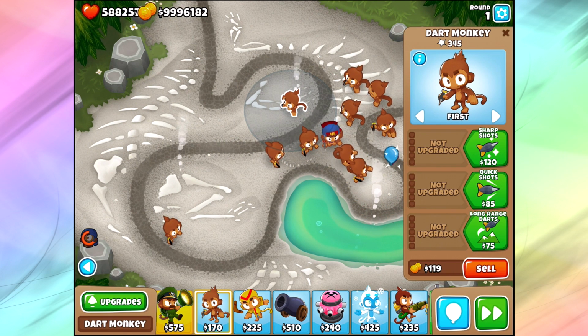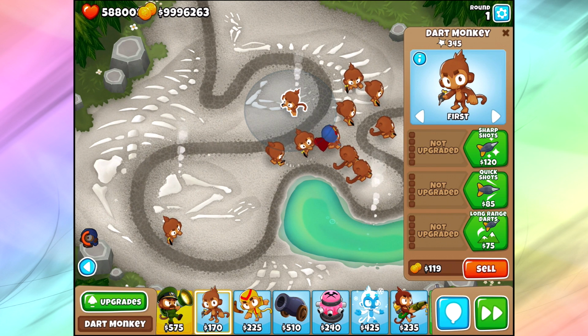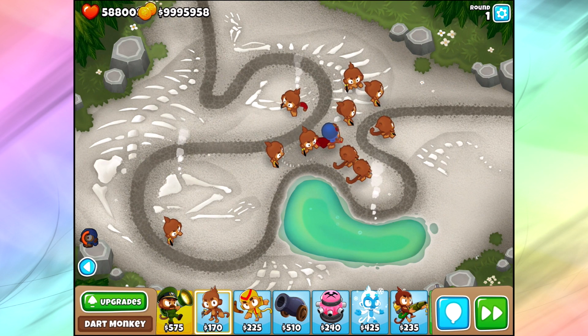And as you guys probably know, we're getting maybe 30% faster shots over here, doing maybe 30% more damage if we do the quick shots, but we're doing double damage if we do sharp shots and razor sharp shots, 3 to 6. And again, I am talking in terms of having my dart monkeys have 3 pops from the get-go here with my monkey knowledge, because I feel like most people are going to have this monkey knowledge upgrade by this point in the game. Or if they don't, they should definitely be thinking about getting that right now. So,